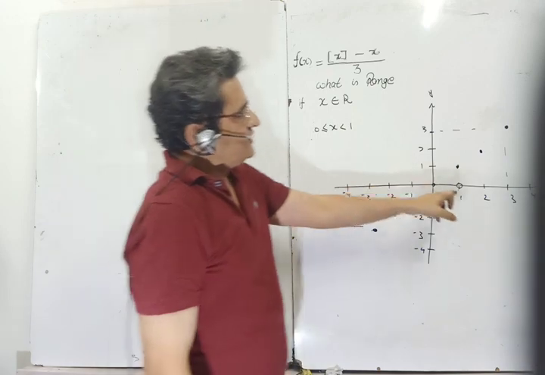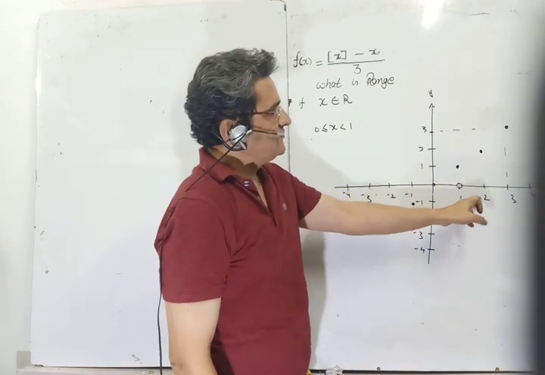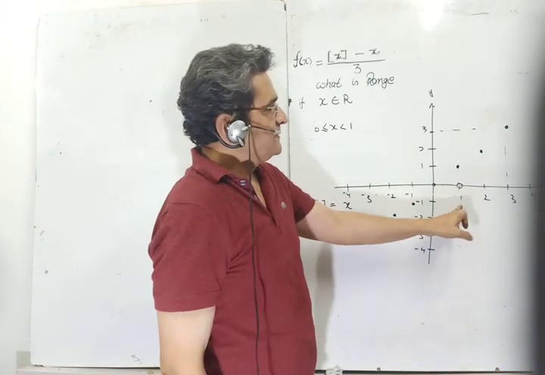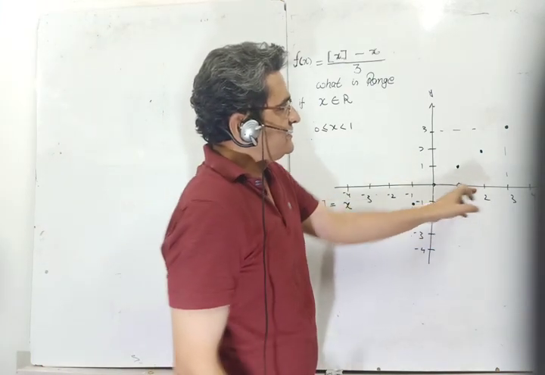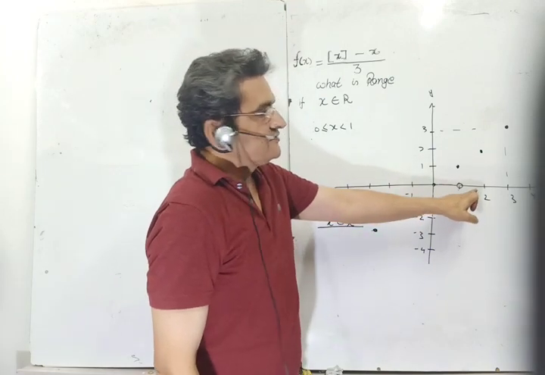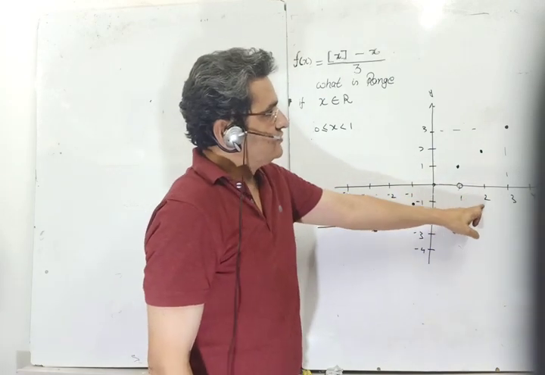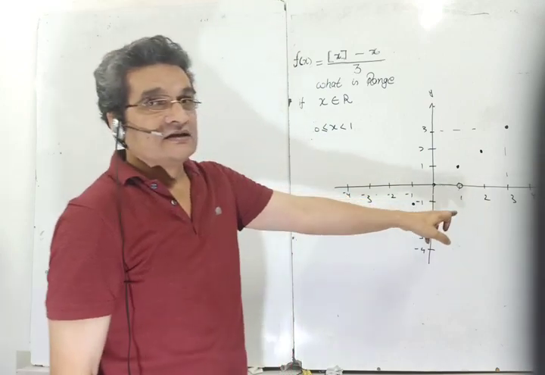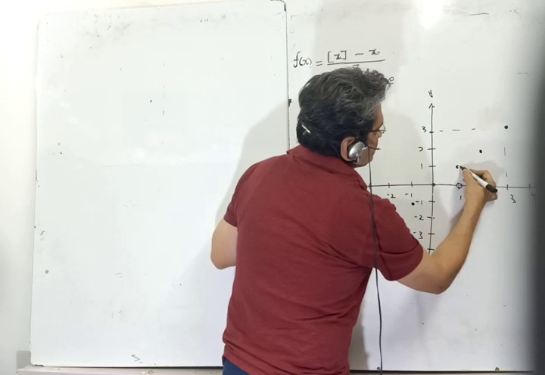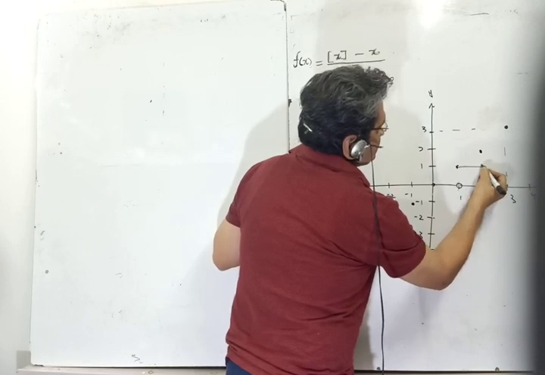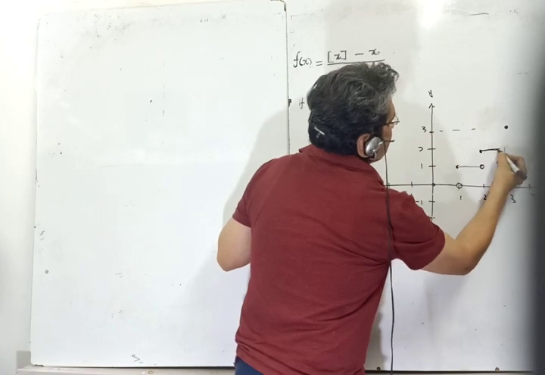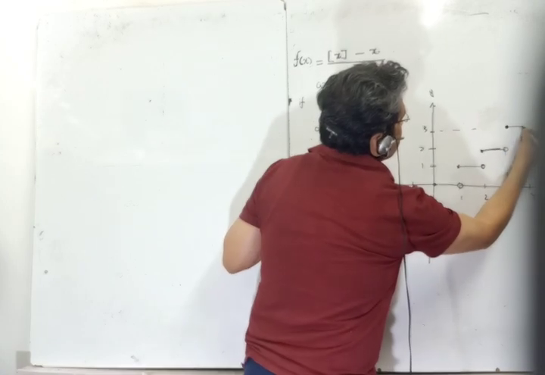Now again from 1 to 2, a fraction between 1 and 2 will always give you the greatest integer, which is 1. Because that integer has to be less than that number, which is somewhere in between. The nearest integer less than that fraction will be 1. Don't take 2; you have to take less than or equal to that. So this graph again becomes flat like this, and here again you draw a circle because it again jumps.